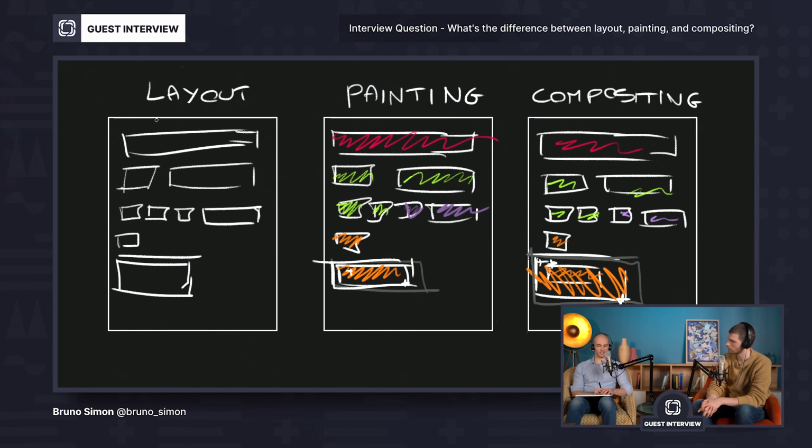And when you change the layout of an element, this element will have to be repainted. So if you change just the width of this one because the user hovered it, everything will be moved. The layout will happen on every next element in our case. And then all those elements will have to be redrawn, repainted, exactly.